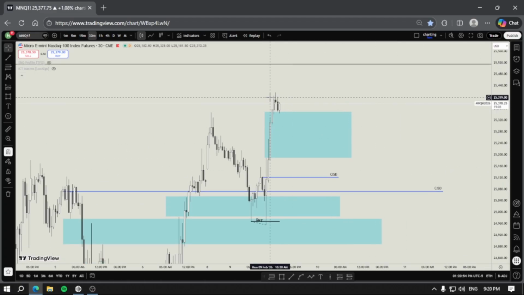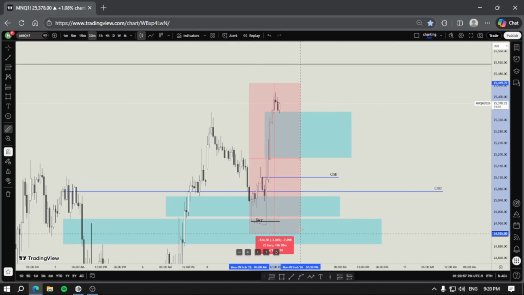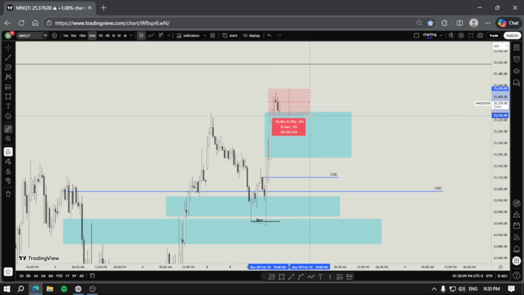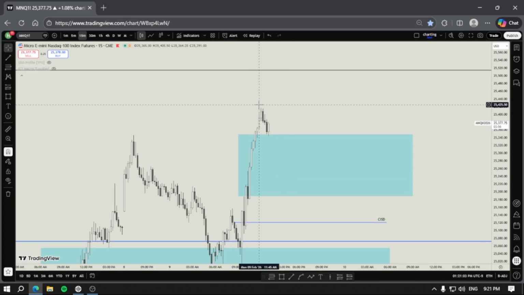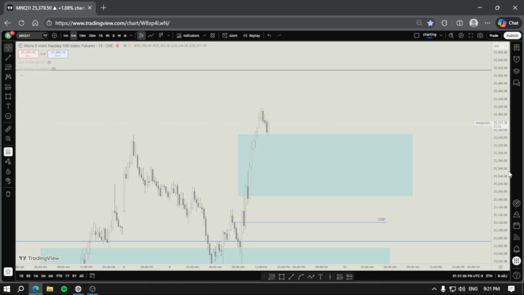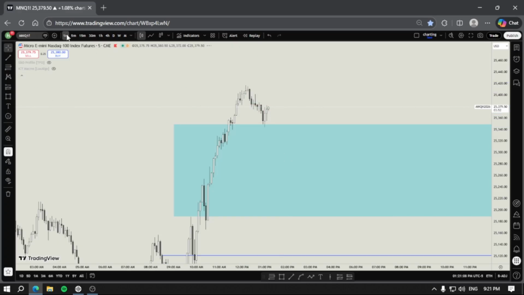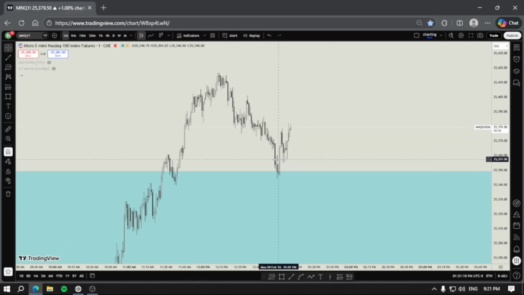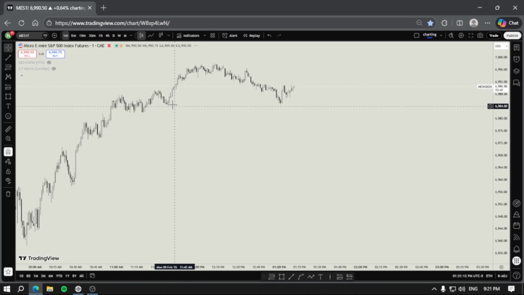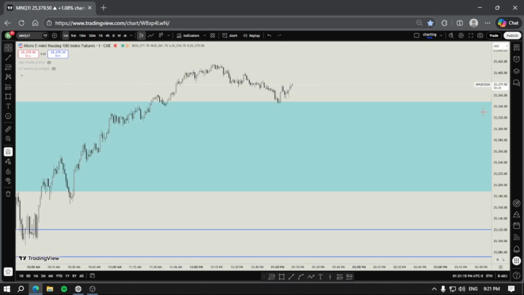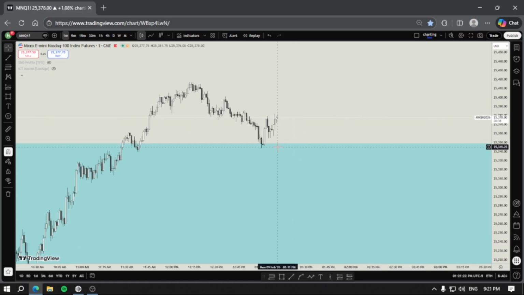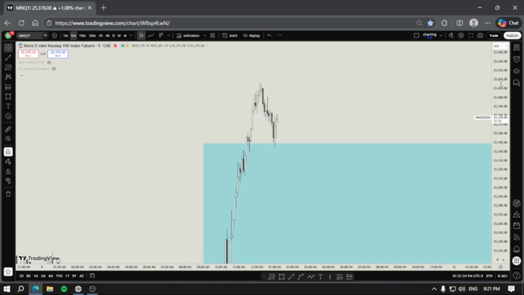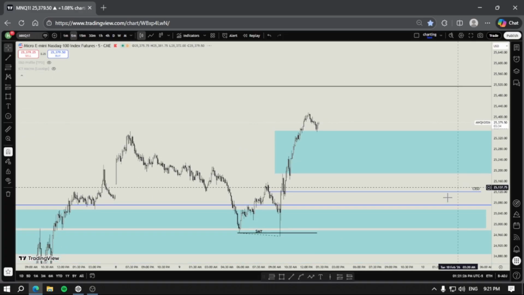And then what? Then nothing actually. We just pumped higher and we're just sitting there. On 15 minute, nothing, just a small pullback. On 5 minute, small pullback, nothing. And on 1 minute, let's look at ES. Nothing. There is just nothing. It is 1:10 p.m., 1 p.m. in New York. Right now we have nothing. We need time. We need price action right now.